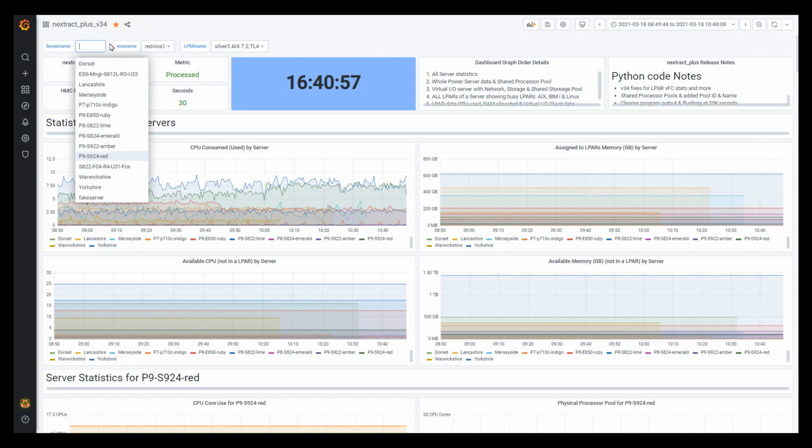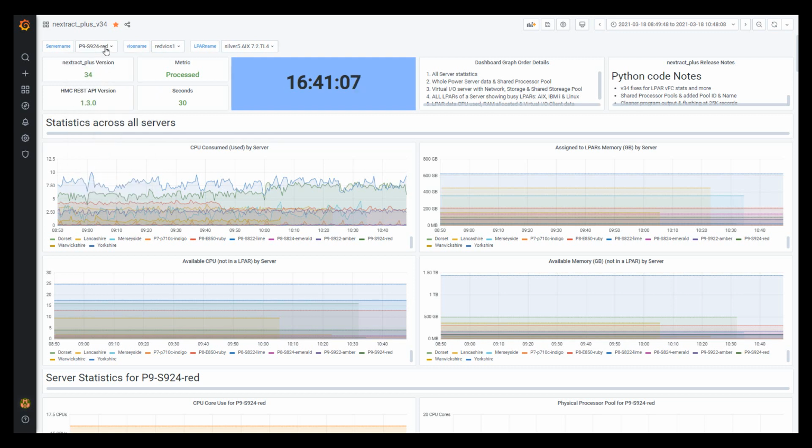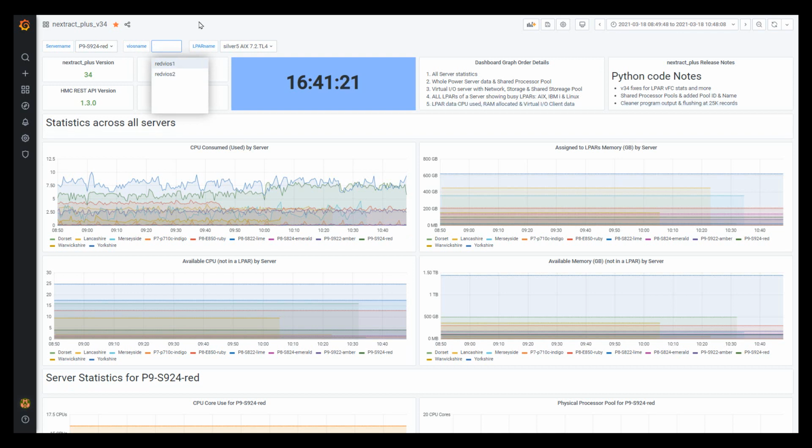So this is a pop-down list of all the servers that we have data for. So it's looked through the data and found the server names in the data, and then we can select which one we want. We're looking at the moment at Red. Then for this variable, it will look through all the VIO server names and then select again on the server name. So these are the two VIO servers, and we just use the VIO server name Red and Red in here so we can see they're the right two